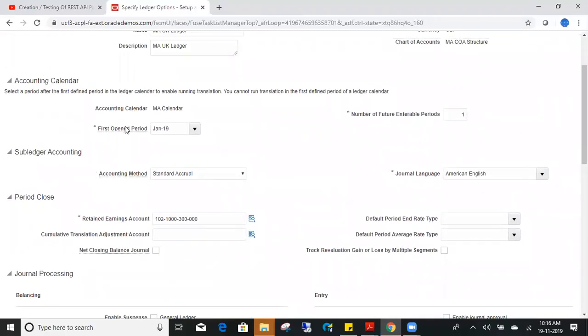Our first period is Jan 2019. Number of future enterable periods: every month we will be closing the periods, right? Number of future enterable periods means I can do my transactions for the next month as well, even though I didn't close my period. I can do the transaction for the next month also. If I make it 2,